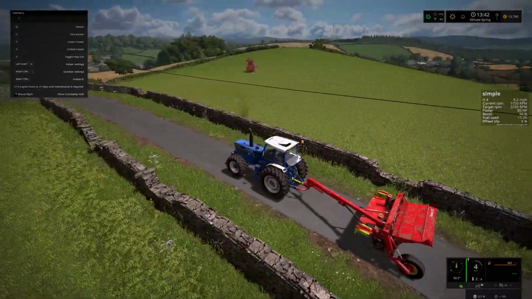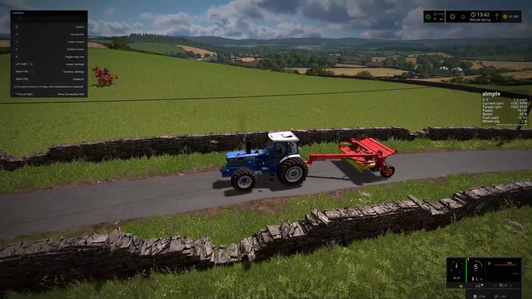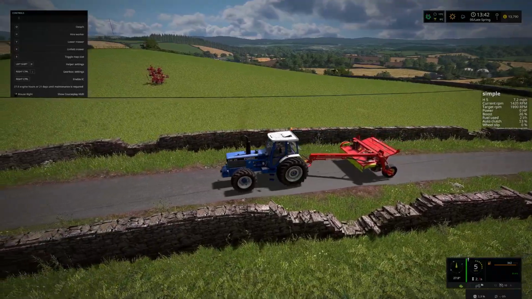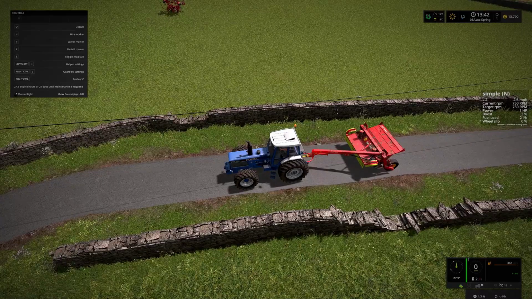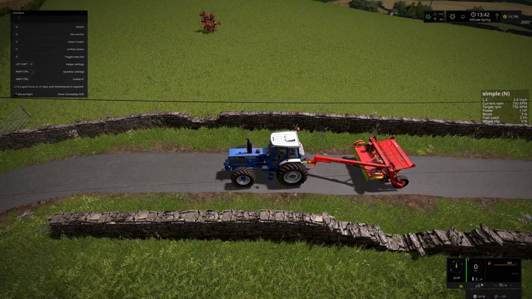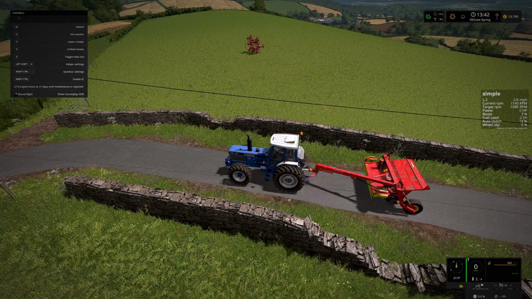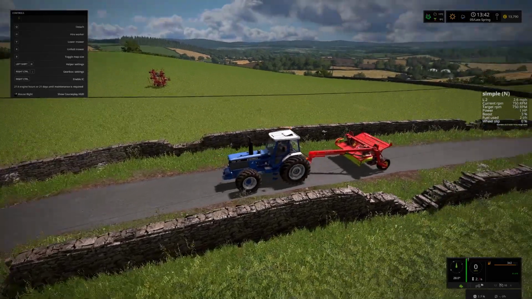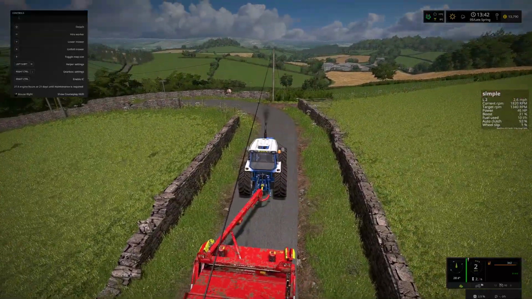So we started in this field, and with the configuration that we had when I started it, I've made some edits since then, but with the configuration that we had when we started this field, which was this tractor and this mower. The tractor is 150 horsepower. The mower requires 90, I believe. It took 2 hours to mow this field, 2 hours of real time,